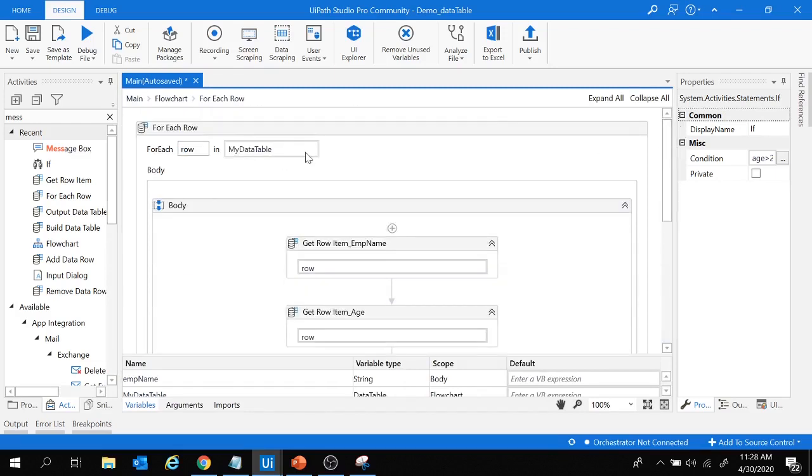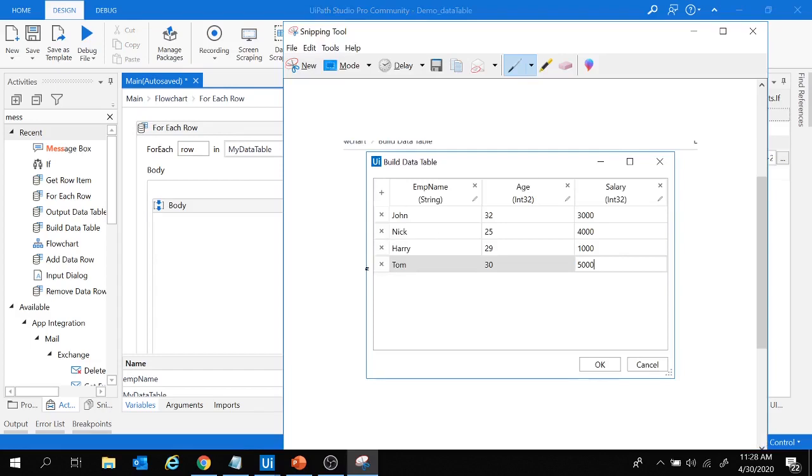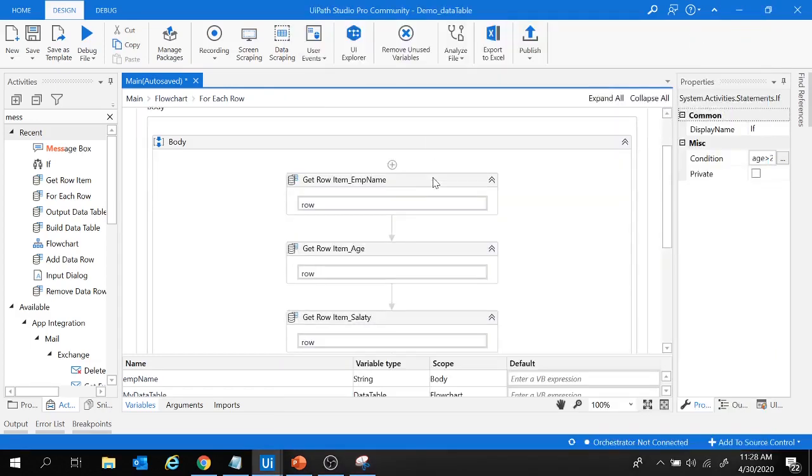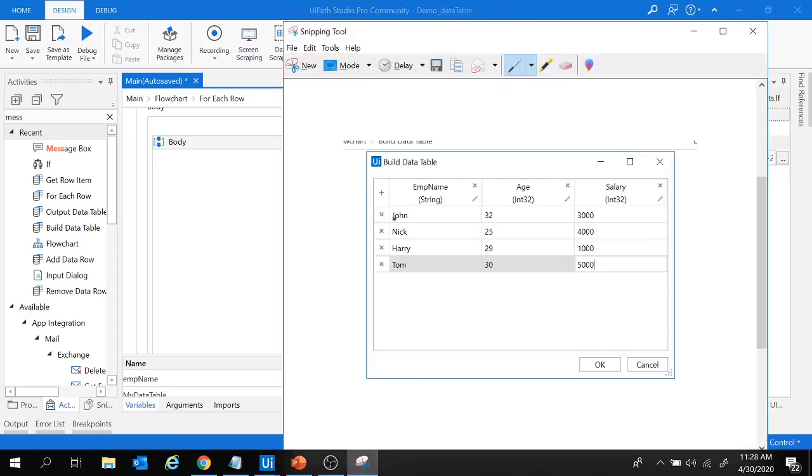So for each row in my data table, UiPath is going to extract employee name, age and salary. So for the first row, UiPath will extract John 32 and 3000. For the second row, UiPath will extract Nick 25 and 4000, and so on.